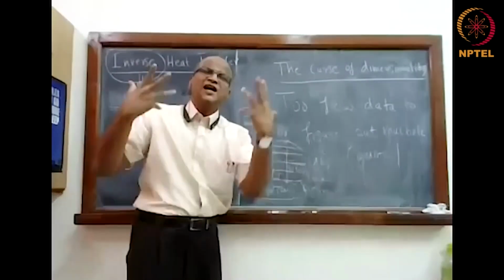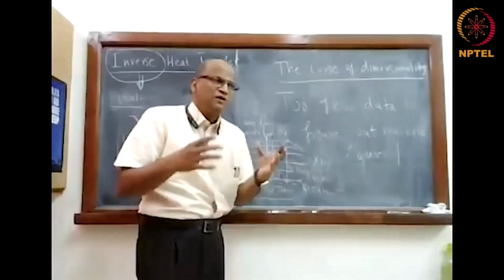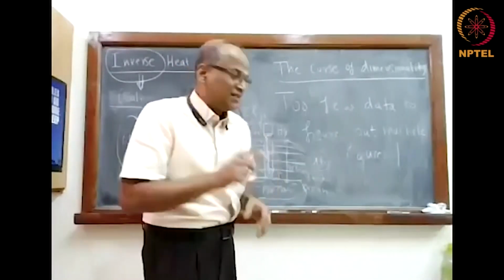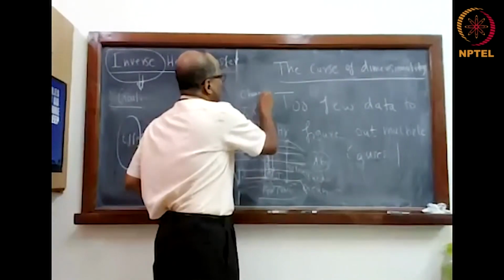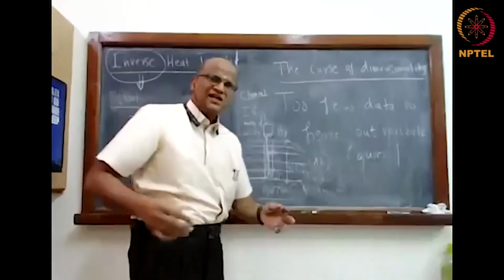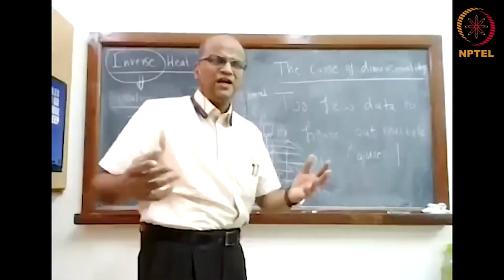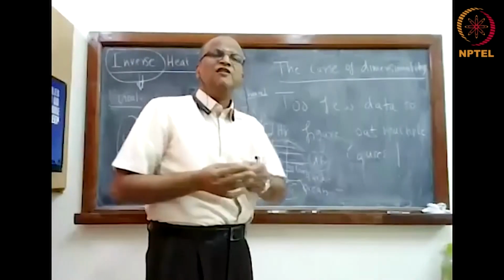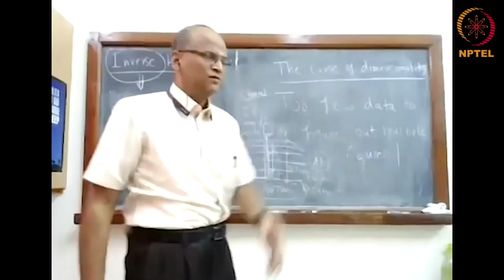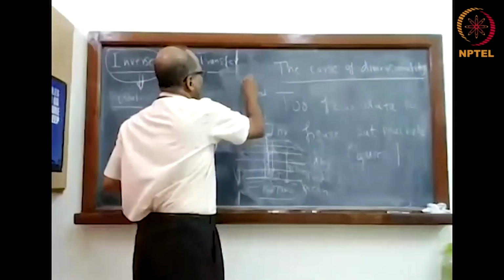Now, how much can I design? I can design this based on what are called channels. That's what is called the satellite channel. The satellite can have 8 channels or 10 channels. INSAT 3D has 18 channels. So you have 18 values of the radiation intensity. 18 effects.